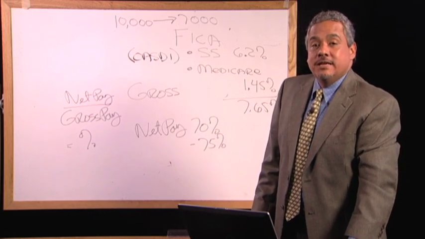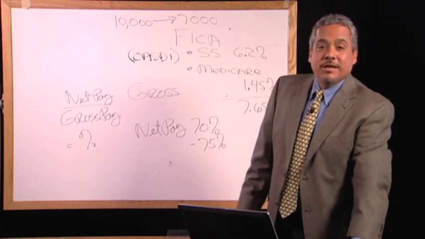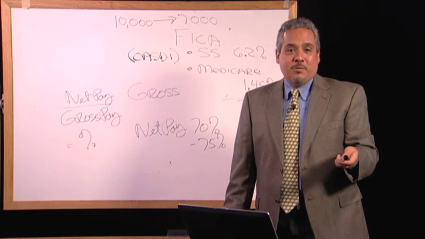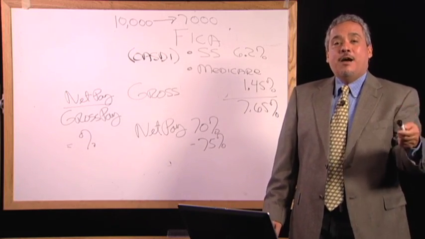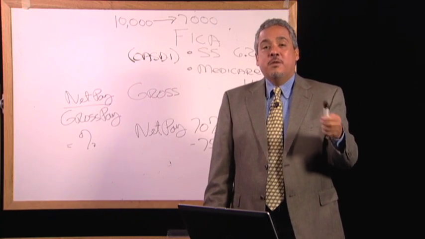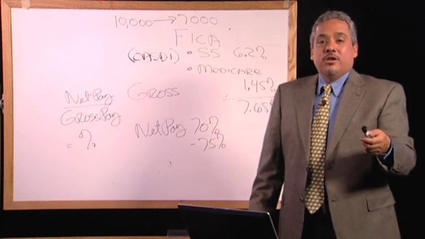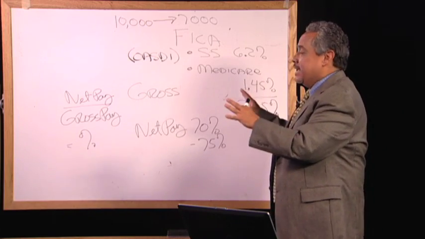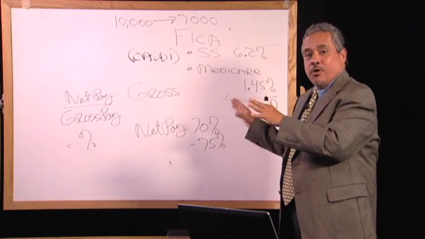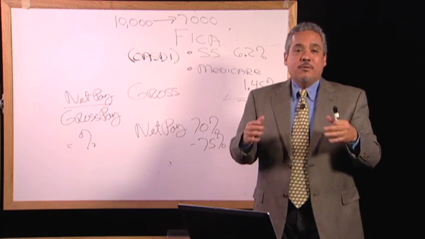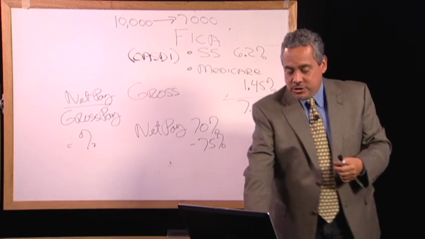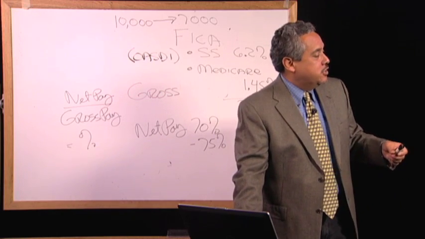Now, I have seen individuals that take home less than 50% of their paycheck, and what's eating that up is a lot of these garnishments, especially child support. So understand how your paycheck works and the deductions that are being deducted out of your paycheck. Now here, with this paycheck sample,